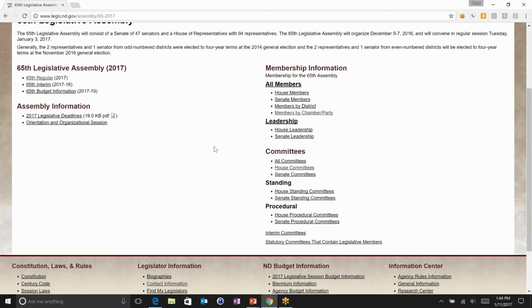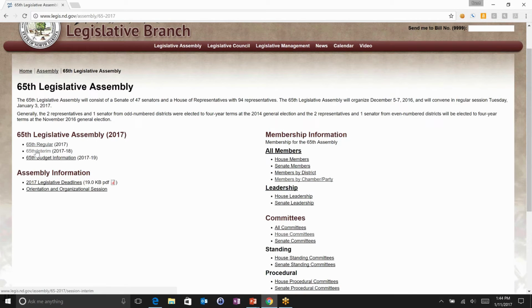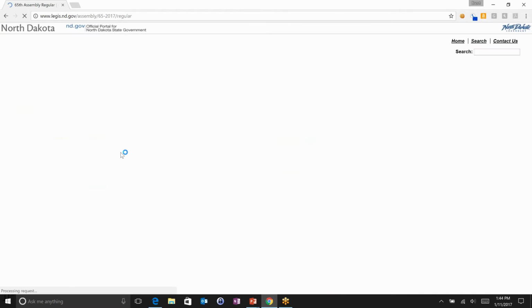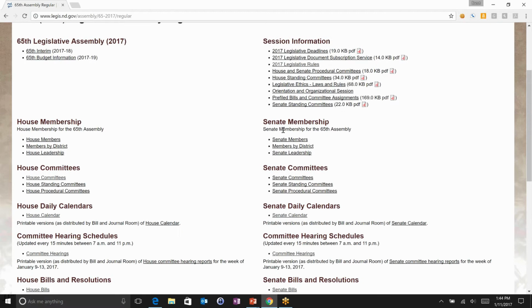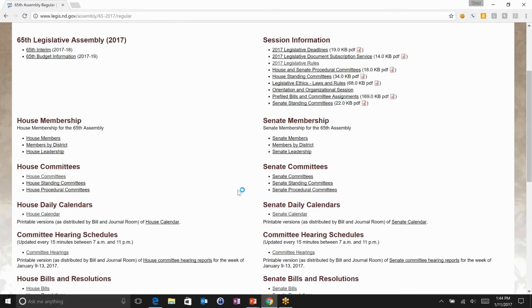But over here, Legislative Assembly, I have the interim, which would be this coming summer and into 2018, when all those interim committees that legislative management assigns their budget information. But right now we're in the regular session. So if I go to the 65th regular, there's more information. Again, it has the breakdown of who the membership is, the committees,